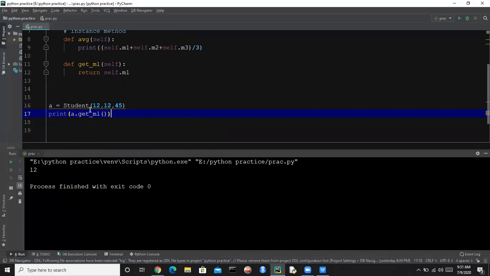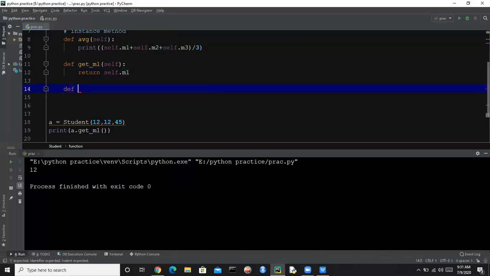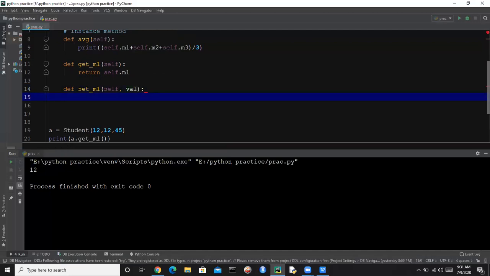Now we will understand what a mutator method is. Mutator methods are the methods used to change the value of an instance variable, to set the value for an instance variable. So let's create set m1, with self, and we need to pass the value for m1 that we are changing from the assigned value.